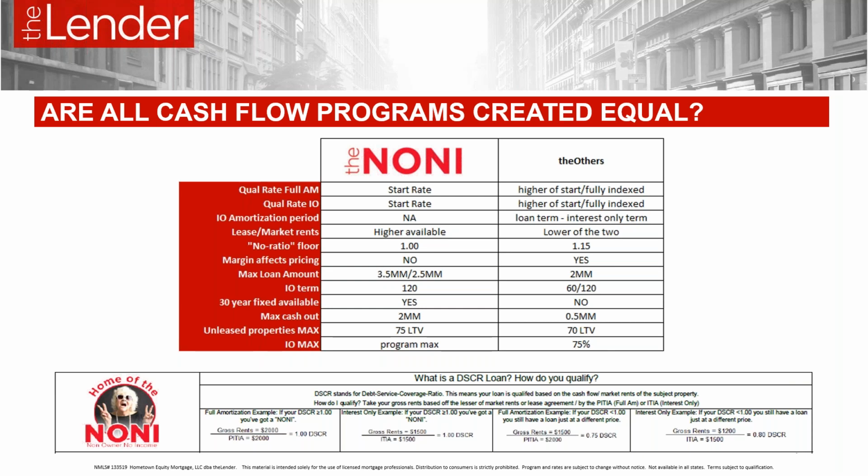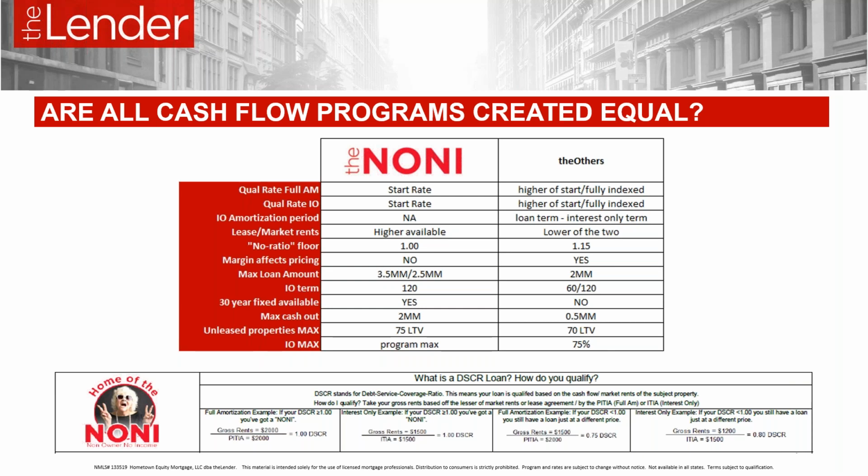So we do qualify off interest only also, which at a 5.75 could help you DSCR on most deals. We will use higher of lease or market rent. So if your borrower can prove that they're renting to some kind of entity that's willing to pay $1,000 more a month, and you can prove that via 2 months canceled checks, we're doing that loan. Again, our max loan amount is $3.5 million. Our competition sits at about $2 million.